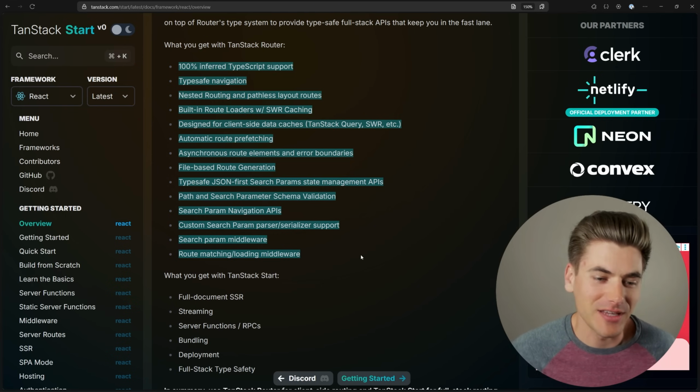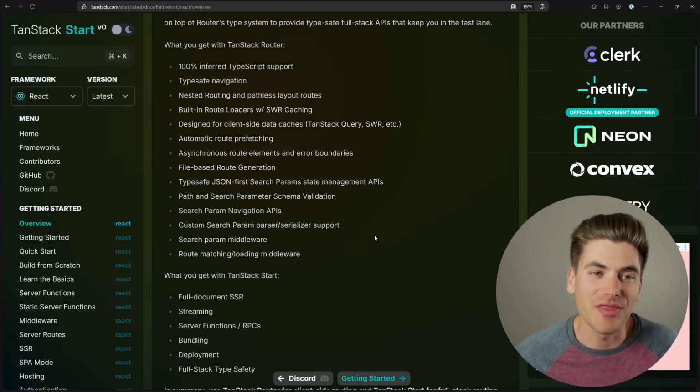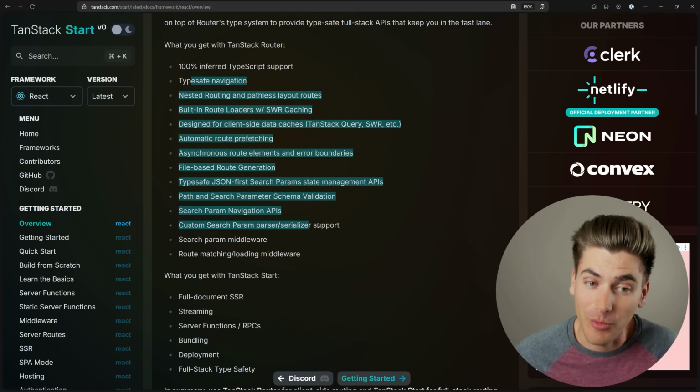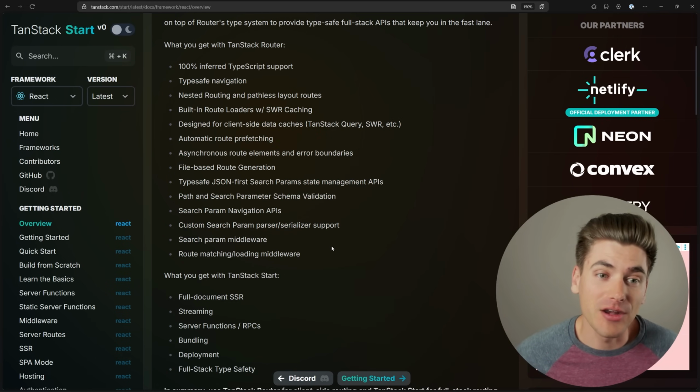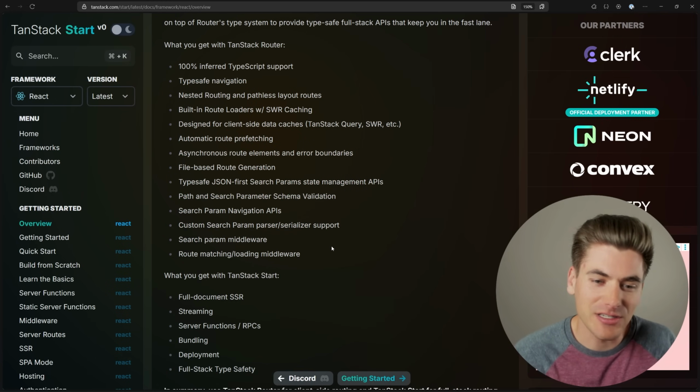I like type safety, I like TypeScript, and there's a lot of problems I have with Next.js when it comes to type safety that I think that Tanstack does a really good job of solving from what I've read from here. The other thing that I noticed by reading this is that there are certain places where it deviates from